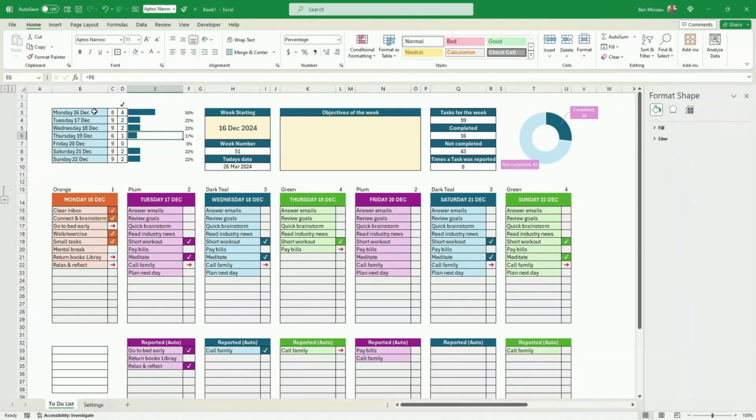What I've done here is I've just referred back to the week starting here. I didn't want to go back to this, which is a specific thing that I had to do here to put the caps on. I just refer directly here just to that week starting here, and for all the others I just add one to it, and then I can format it the way I want. I didn't want to have high caps here,